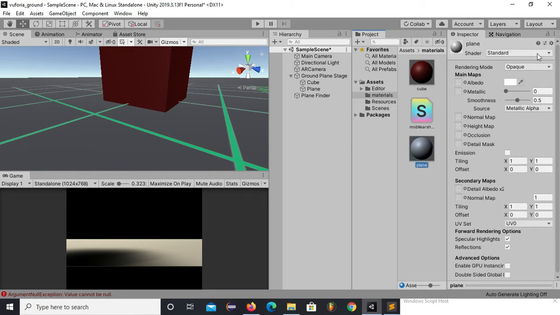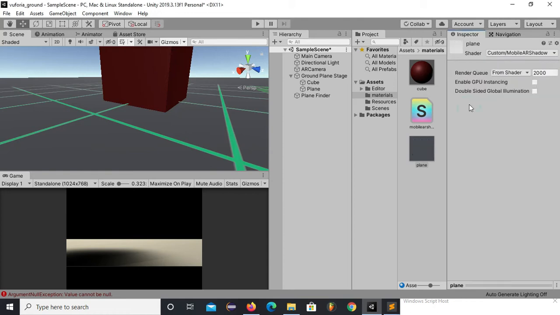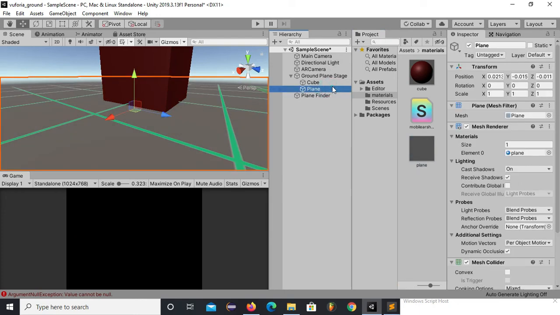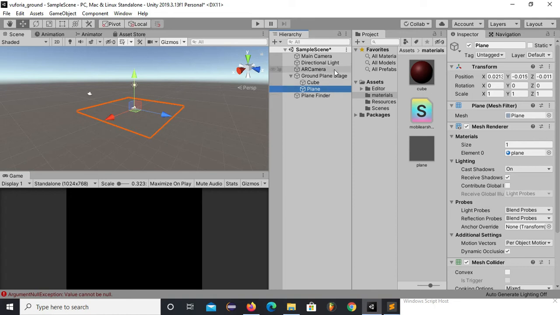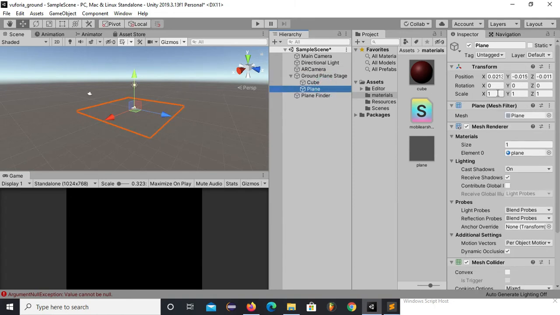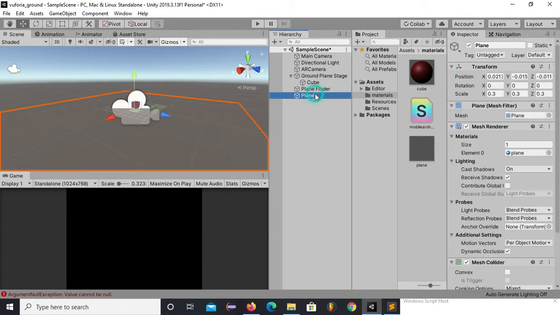And now I will change the shader to custom, and the name of the shader is mobile AR shader. And now I will apply the shader to this plane, and this plane is too large as compared to this, so I just wanted to scale it down.